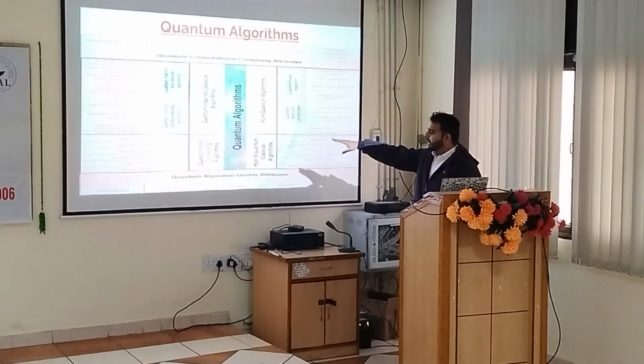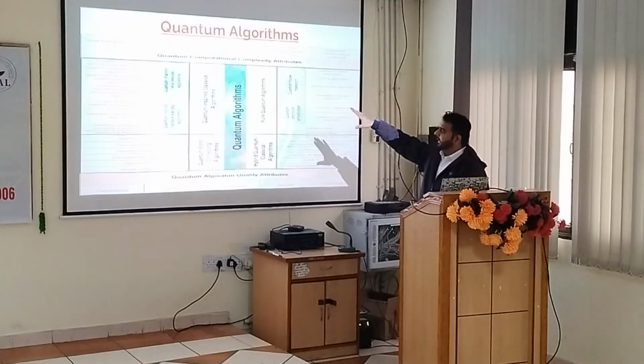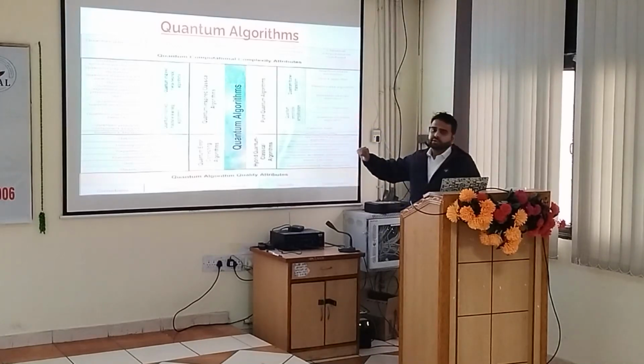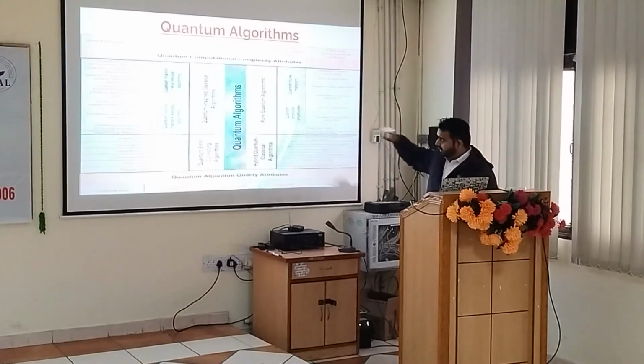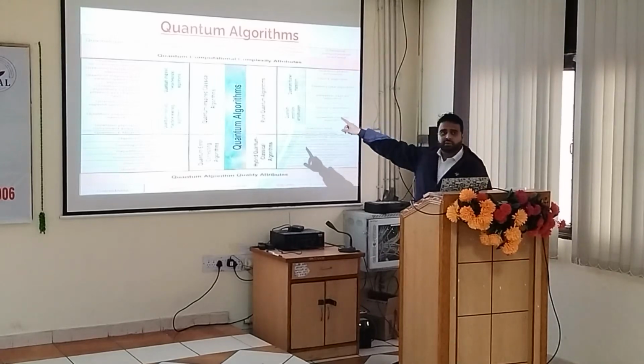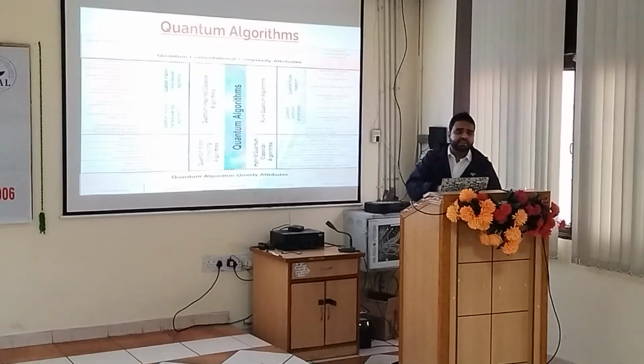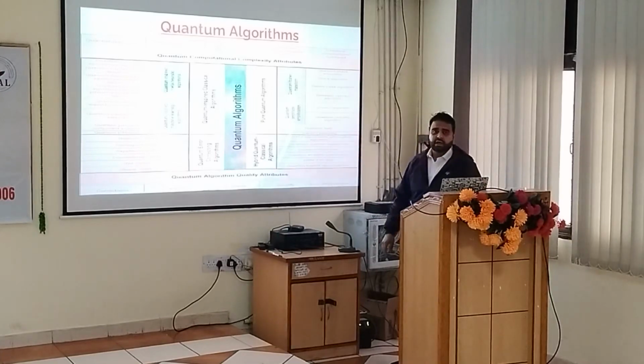Concluding about the quantum algorithms, we have 4 different domains: quantum error correcting algorithms, quantum inspired classical algorithms, pure quantum algorithms, and hybrid quantum classical algorithms. All 4 domains are very open research areas. Pure quantum will work on the quantum machines. Quantum inspired classical algorithms, as I mentioned earlier, we can run on our local machines; they are inspired from quantum computing but are not pure quantum.